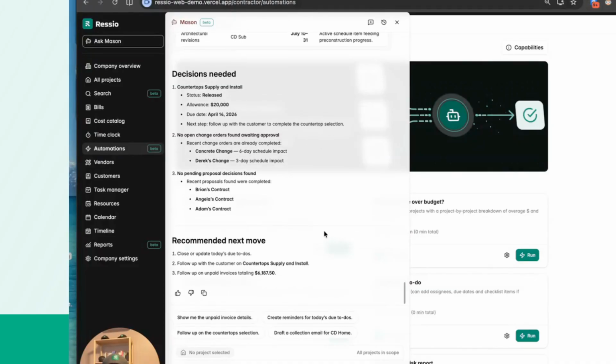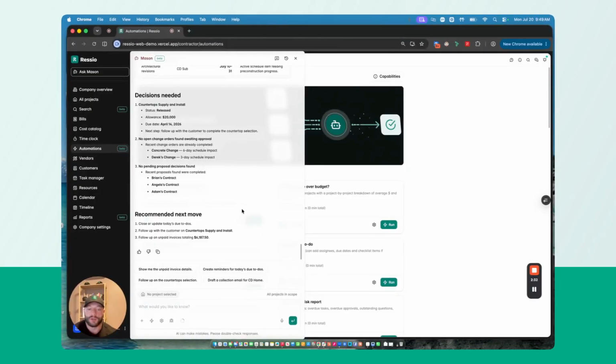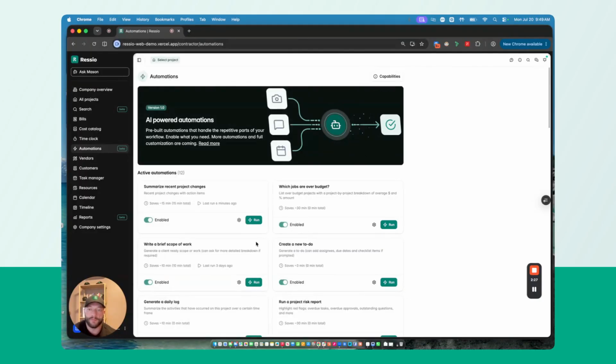Do you need to approve a change order? Do you need to send out a bid? It's going to pull that information in here. So it's really quick to access those automations at any time from this library and run them. I want to show you the second way to run an automation as well. Let's say we want to do that exact same automation. I'm just going to hit